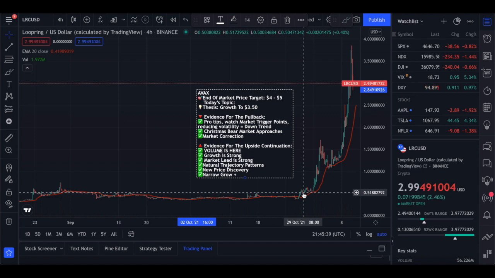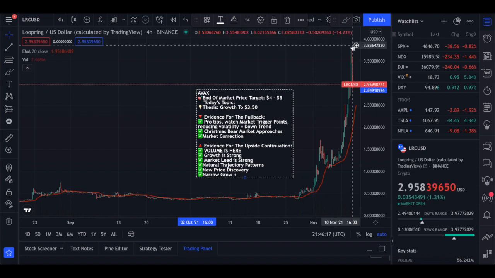This is due to the fact that the ecosystem of Loopring is growing. The platform is growing. The use cases for Loopring have been growing. There's been huge growth, and you cannot deny that. The evidence does support this. So where we are right now is new price discovery territory. This is good because everything is untouchable. In other words, new highs are untouchable until we get there, and we will.